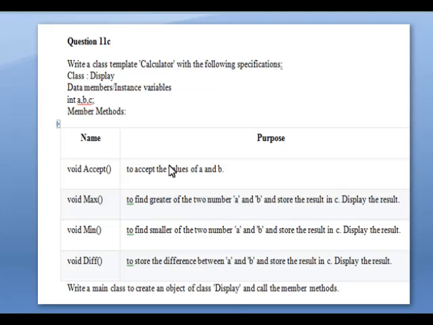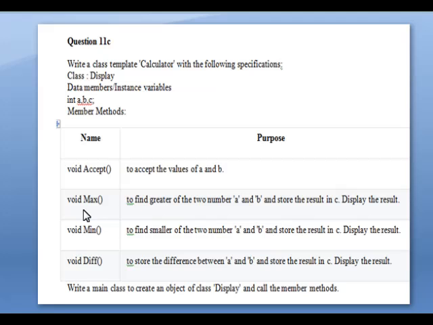In your question everything is there, just we have to read the question twice and start to write the code. So the class name is here. Data members are the instance variables. What are the variables we are going to use inside the program, everything is here, and its data type is there, and the functions you have to use here, everything is there in your question. Just read the question twice and start to write the answer.